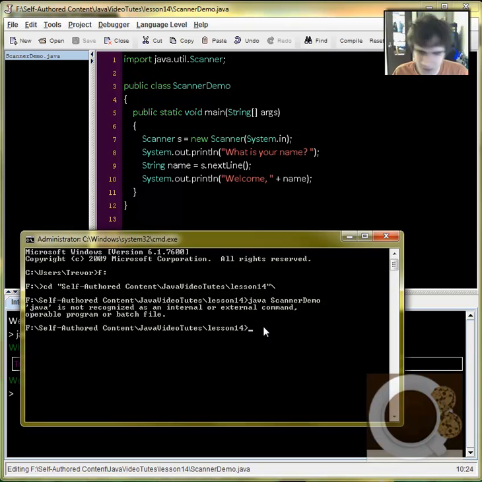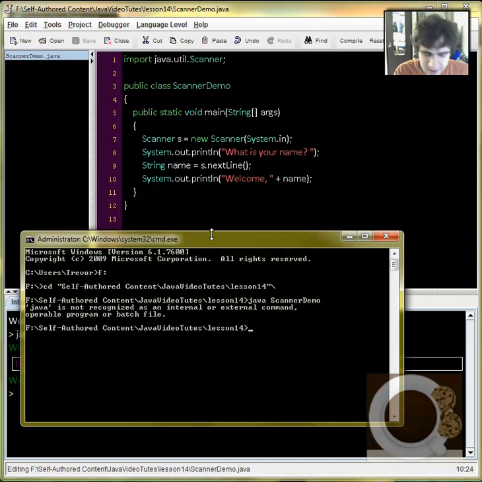So if we want to run Java from a command line, it's pretty easy to do. You just have to let Windows or whatever operating system you're using know that when you put in an executable name like Java, it knows where to look for that. So let's open up our, this is for Windows obviously, I don't know how to do it in Linux or Mac because I'm not a Linux or Mac user,